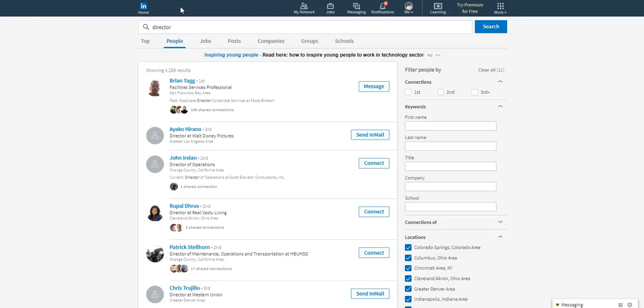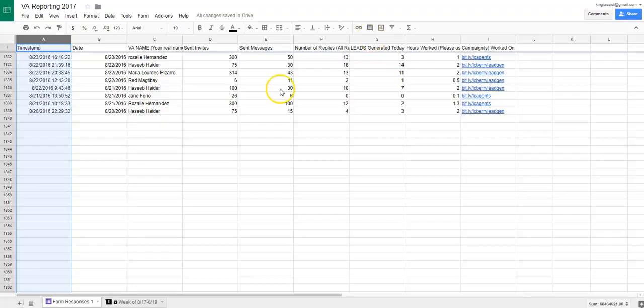Now, using virtual assistants is the fastest and most effective way that I found to generate leads on LinkedIn, because a group of virtual assistants working together in unison can cover so much more marketing ground than a single person. They can connect with thousands of people in one day, and this means that your message can be sent to thousands of people every day. And over the last 5 years of doing LinkedIn marketing, we have sent out over 1 million messages to people on LinkedIn. And we carefully track the progress of the campaigns and of the sales messages.